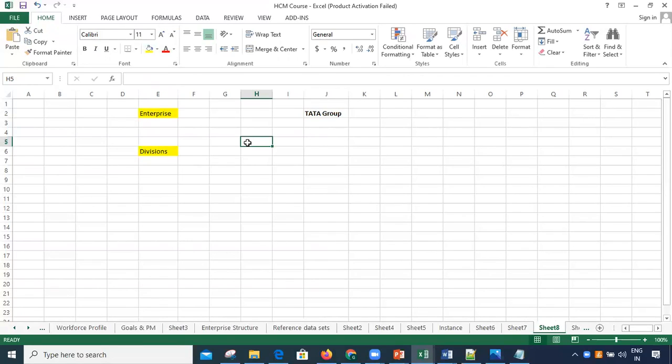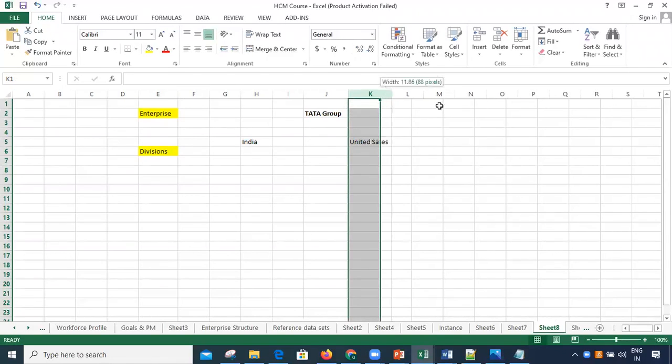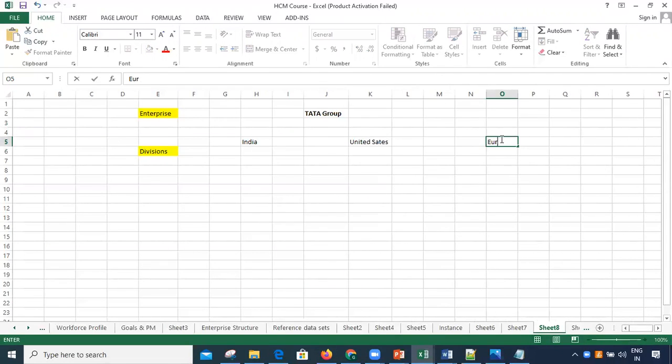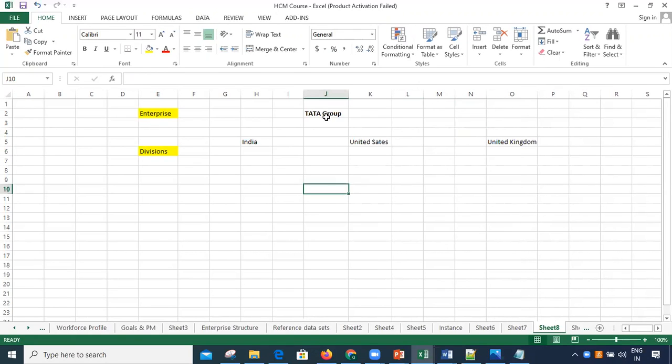Means they are in India, in the United States, and they are in Europe, or I can say the UK, the United Kingdom. So this Tata Group has its business in India, the United States, as well as the United Kingdom. So I can make these regional-specific things divisions in the Fusion system.